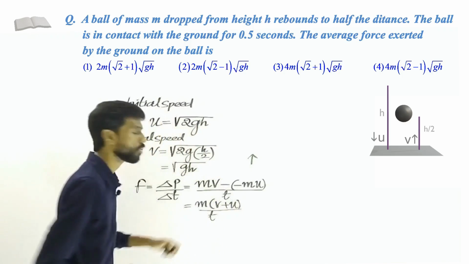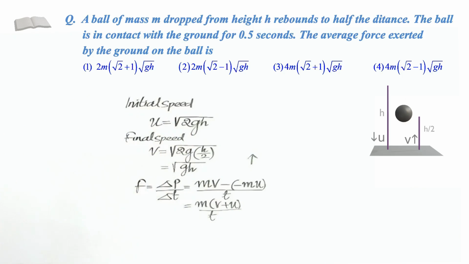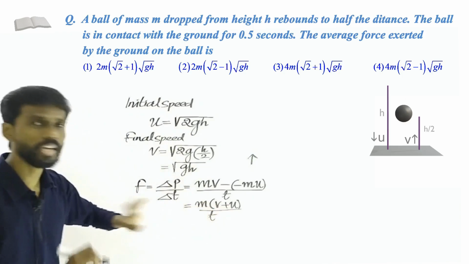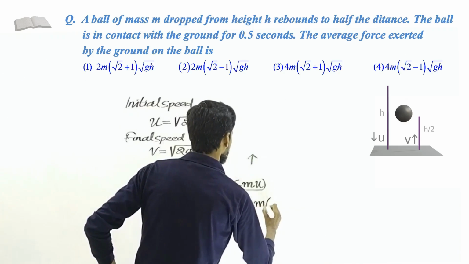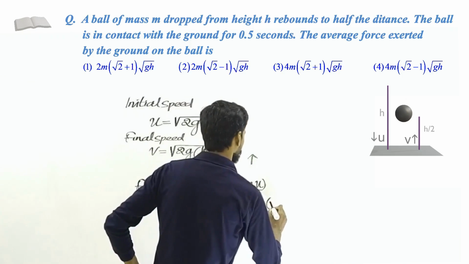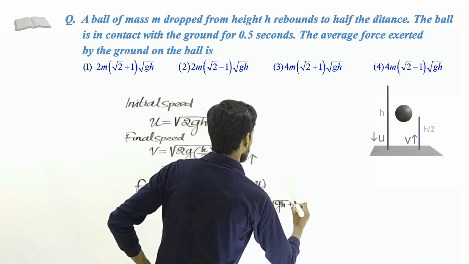So we've got all these values. We can simply substitute here to get our required answer. The mass of the object is known, so m, and v, u, t, everything is known. So we simply have to substitute. So what is the value of v? That is root gh. And u is plus 2 root 2gh